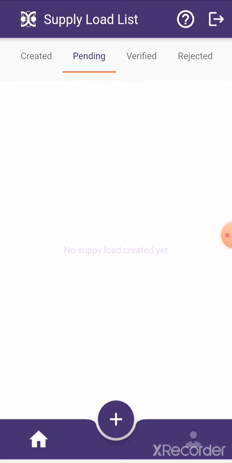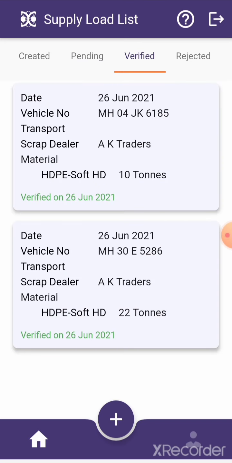Once you create the supply load, it will be updated and the social app Saksham associate will extract the data and send the same for your verification. You can verify the load and then the load will be shifted to the verified tab.